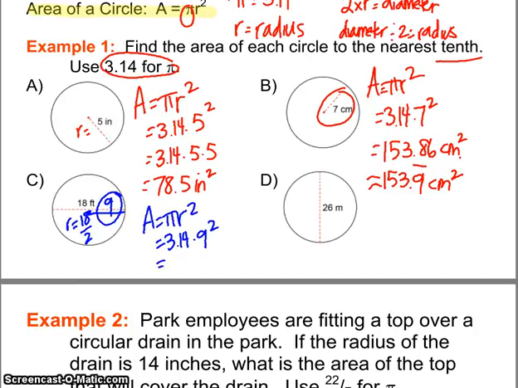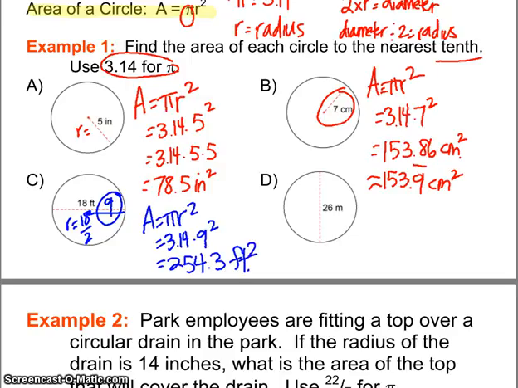Go ahead and grab your calculators. 3.14 times 9 squared, or 81, gives you 254.34, but we're rounding to the nearest tenth, so the 3 is going to stay the same,